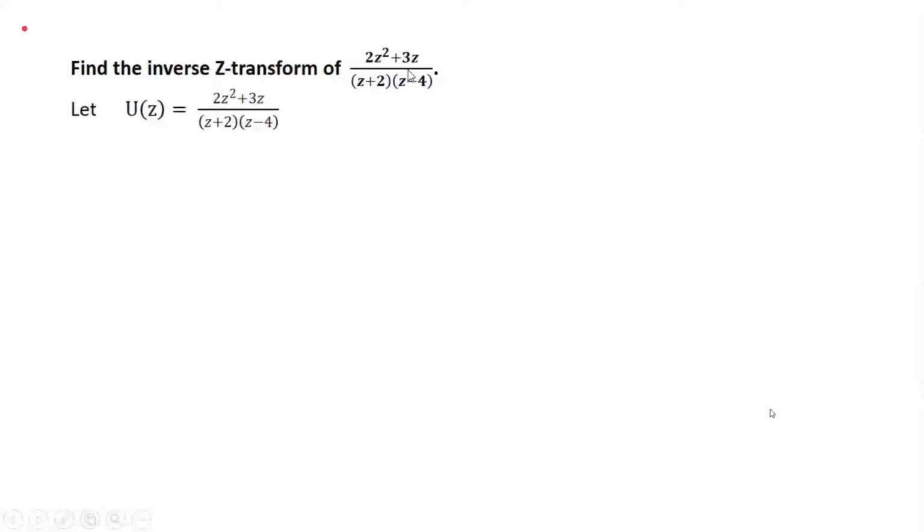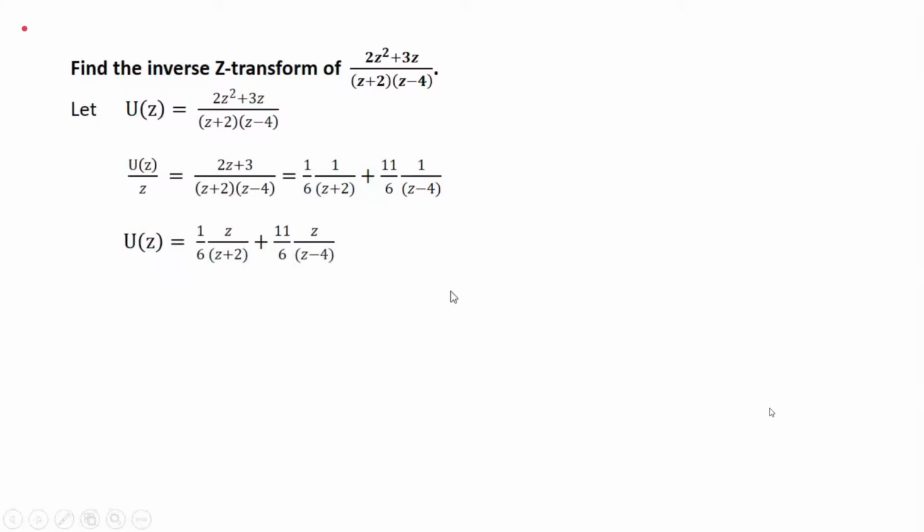And you know that a Z transform invariably has a z in the numerator. So what I will do is take one z here. So U(z) by z, I will take one z here. What remains here? (2z plus 3) by (z plus 2) into (z minus 4). Now you split this into partial fractions: A by (z plus 2) plus B by (z minus 4). When you split it into partial fractions, A will be 1 by 6, B will be 11 by 6. So what you get is U(z) by z is equal to this.